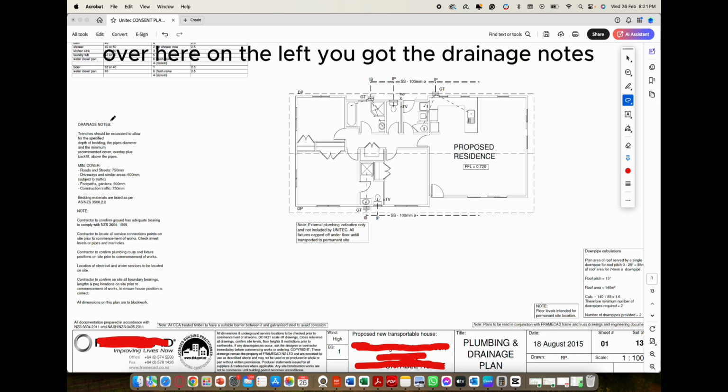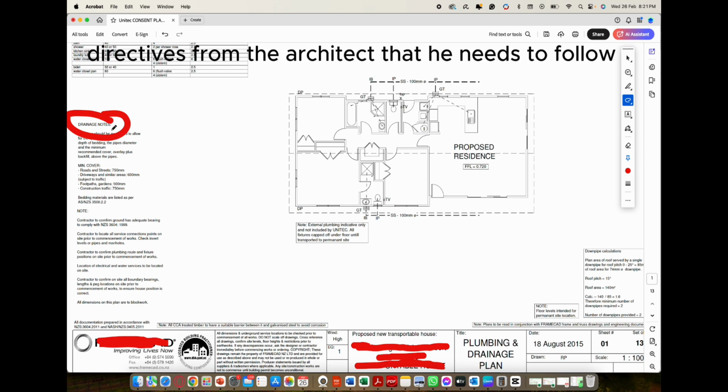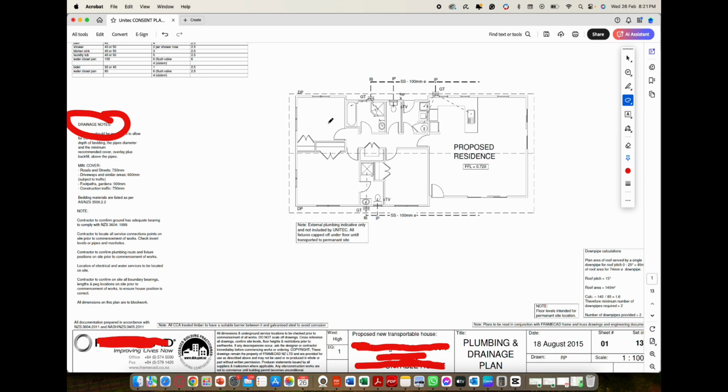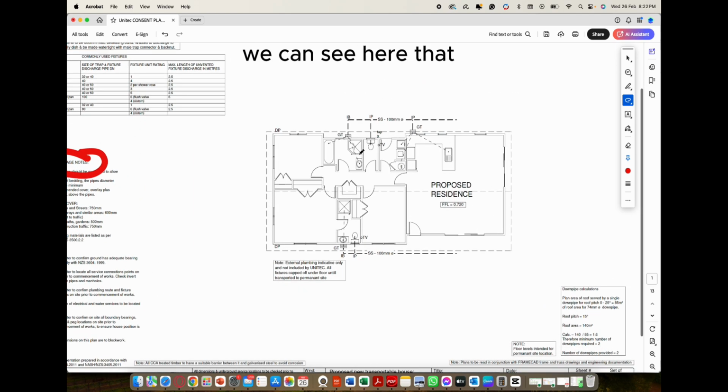Over here on the left, you've got the drainage notes. These are important directives from the architect that he needs to follow. When we take a closer look at our plan, we can see here that